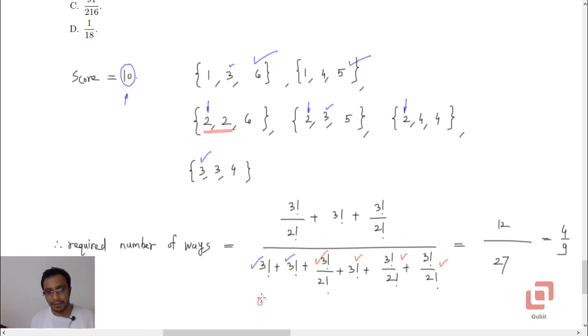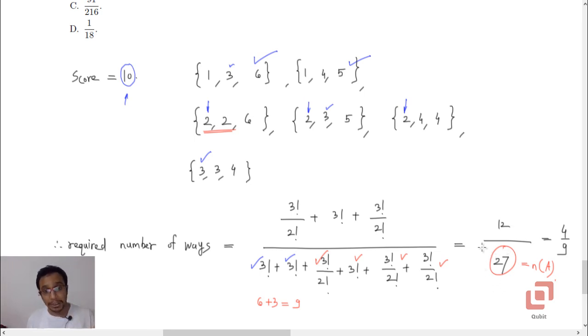Now what is 3 factorial? It is 6. What is 3 factorial upon 2 factorial? It is 3. 6 plus 3 is 9, and we are having these pairs thrice. There are 3 factorial terms and 3 factorial upon 2 factorial terms, so their addition is 27, and this is basically our NA. If we divide it by 216, we will get the probability of it.